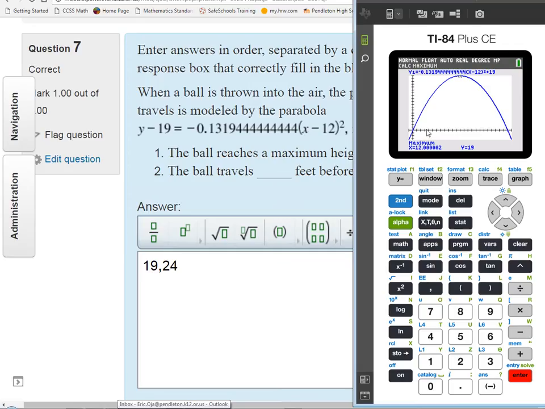If we want to know how far it went on the ground, I could find the x coordinates of the zeros, or the x-intercepts. So here's how we do that. Second calc 0, and then it wants a left boundary. Well, I can either trace or I can type in a number manually. I'm just going to say negative, oops,